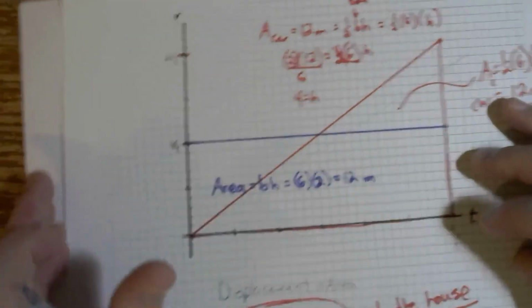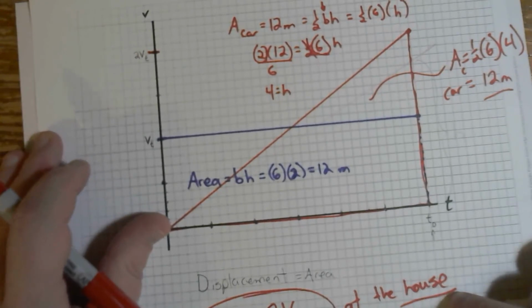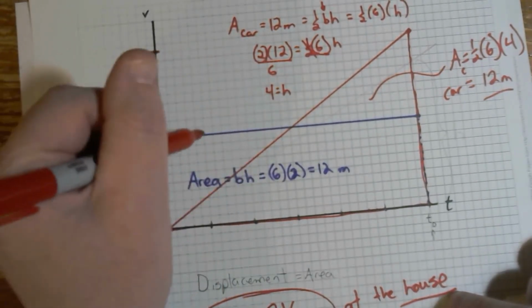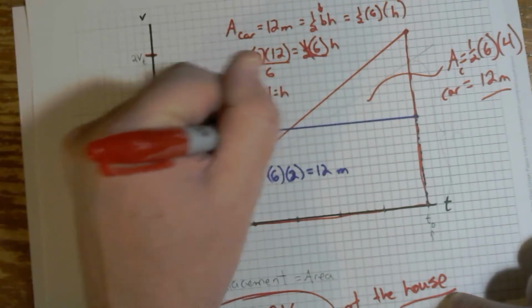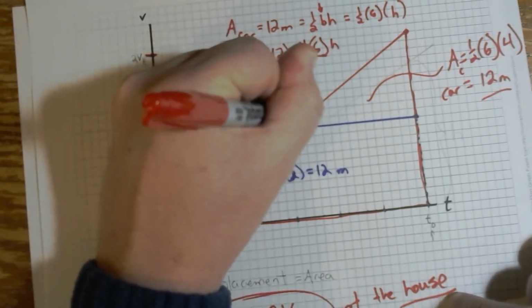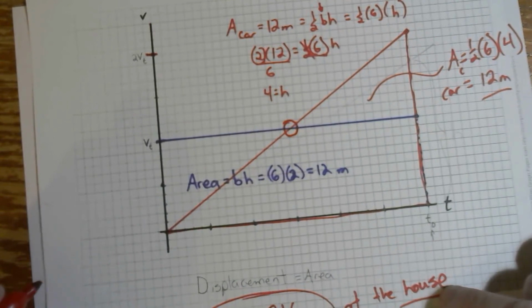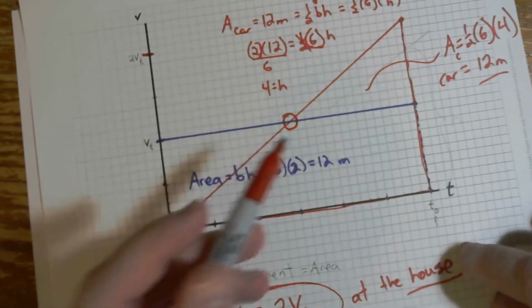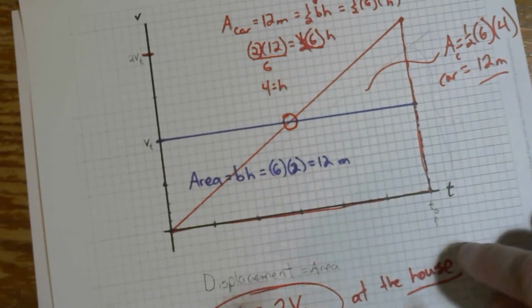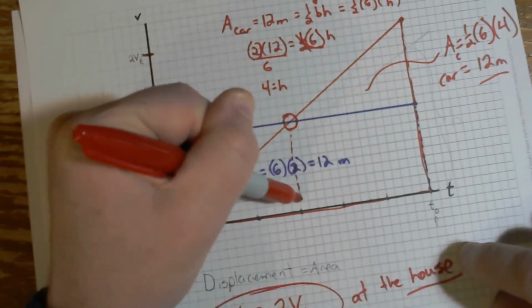All right, and now the last part says determine the time at which the speed of the car is equal to the speed of the truck. Well, I think that you can just verify that from the graph. From the graph, it's pretty clear that there's a specific time when the speed of the car, that's the red line, has the same speed as the speed of the truck. And that's right here where the two graphs intersect. If you've scaled your axes appropriately and you drew this out right, where does that occur? It occurs right here